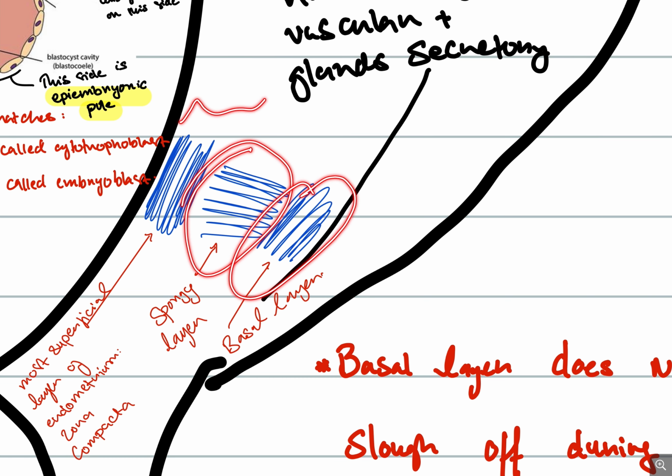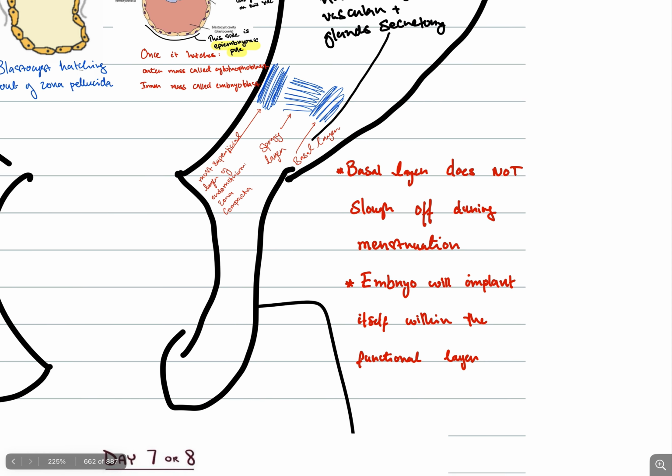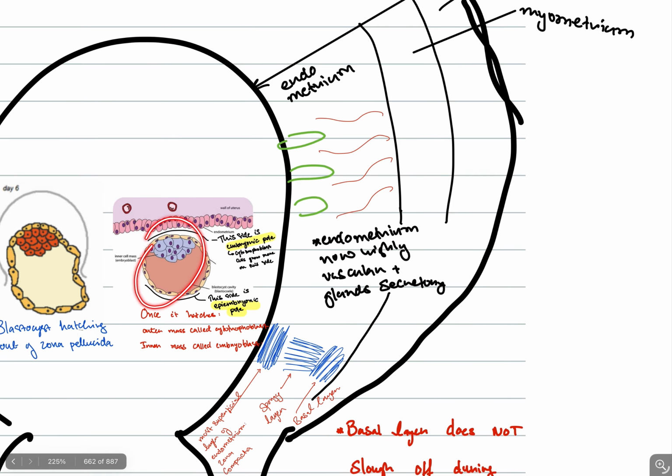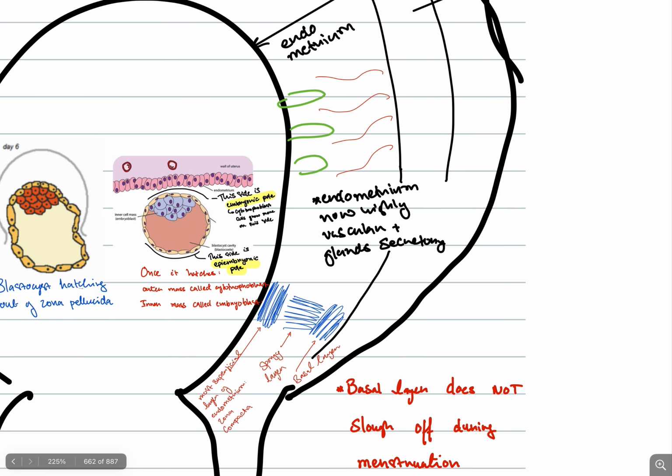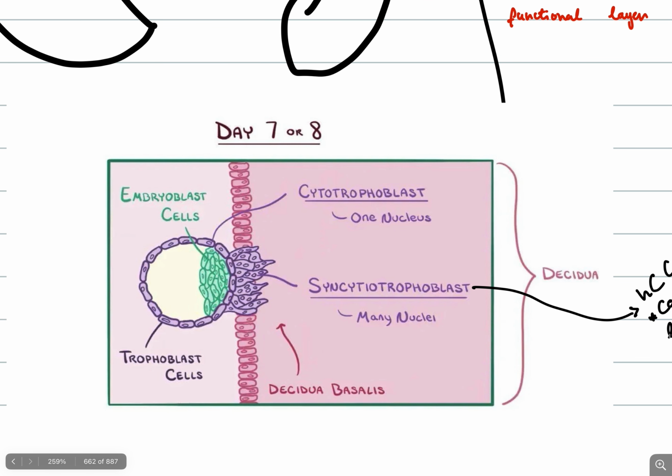So the functional layer is the zona compacta and the spongy layer, and these two, aka the functional layer, is what gets sloughed off during menstruation, and the basal layer does not get sloughed off during menstruation. So the embryo here will implant itself into the most superficial, which is the zona compacta, and the spongy layer right here. All right, so on day 7 or 8, you will have the growth of these things called syncytiotrophoblasts